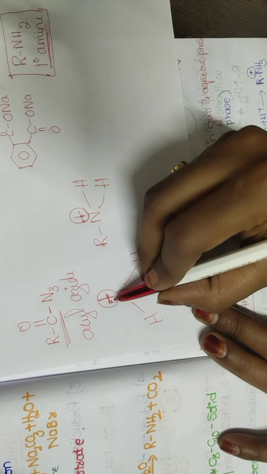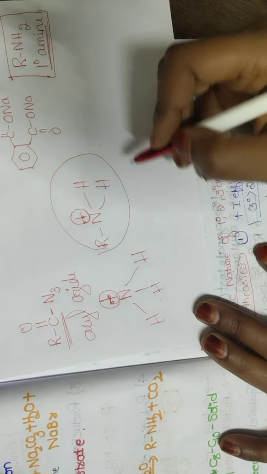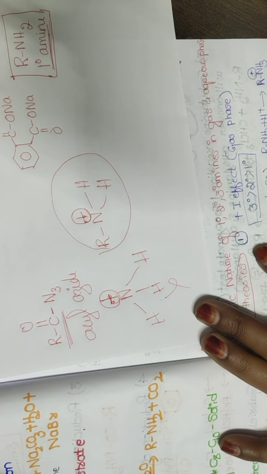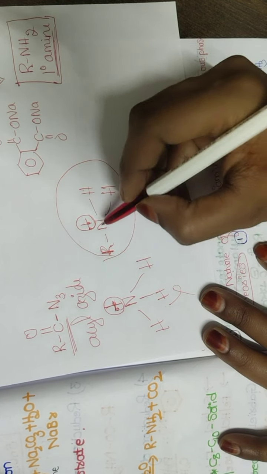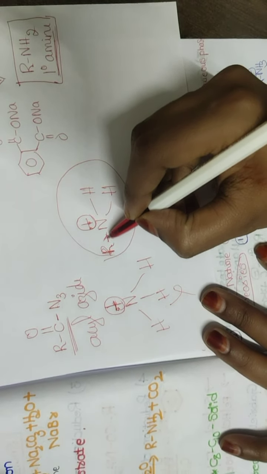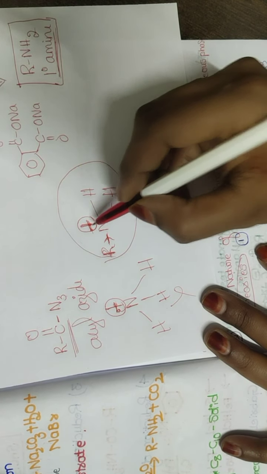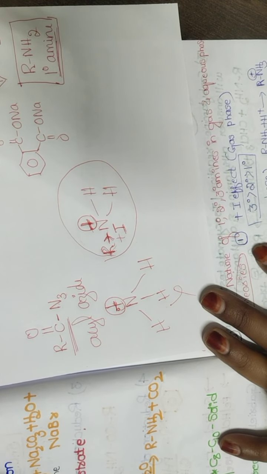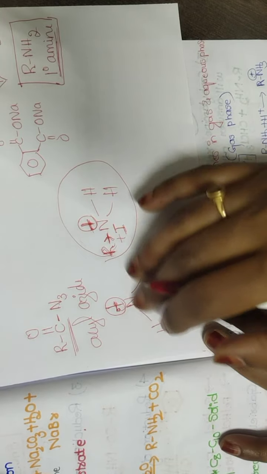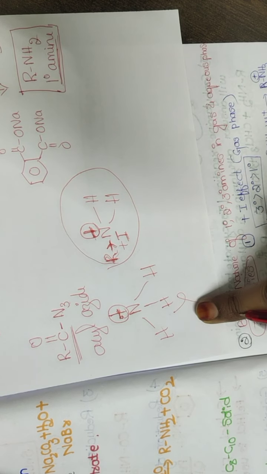So this positive charge has to be stabilized, which is happening only in case of alkyl amine, but not in case of ammonia. Why? Because in alkyl amine I have one R group which is showing a positive inductive effect. So the stabilization of the cation which is formed is happening due to the positive inductive effect, due to the presence of one R group, which is not possible in case of ammonia. I don't have an R group to stabilize this positive charge. So therefore, alkyl amines are highly basic when compared to ammonia.